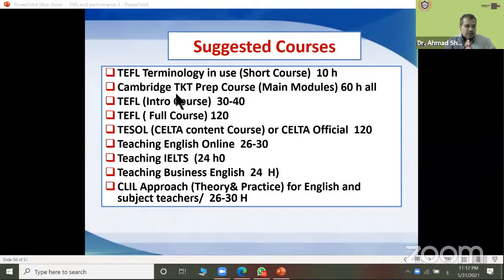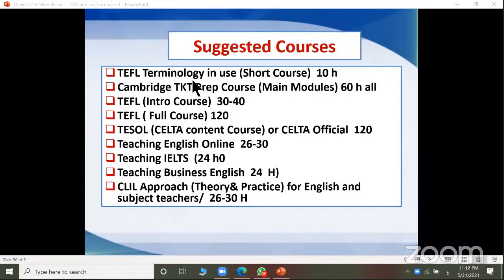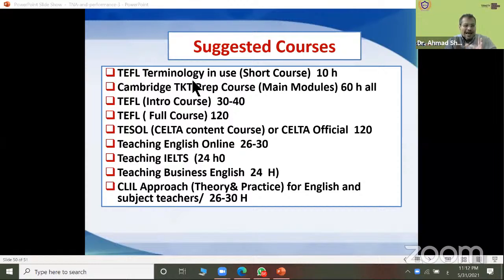If you are in a private school, you can change that. But I know in a government school you can't change this assessment criteria. But at least you can follow your own assessment criteria before assessing them formally. So try, as I said before, to help your students concentrate on fluency.